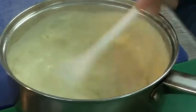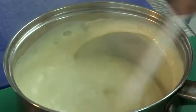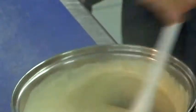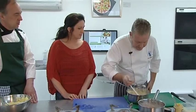Absolutely. I mean, at this stage, if we wanted to put in, for instance, some chopped chives, or maybe some fresh chopped dill, we could put that in at this stage. Now, I haven't put any other seasoning in there as yet. Right. Okay, so I must taste that at this stage to see. I know it's going to need seasoning, but I just want to get a...